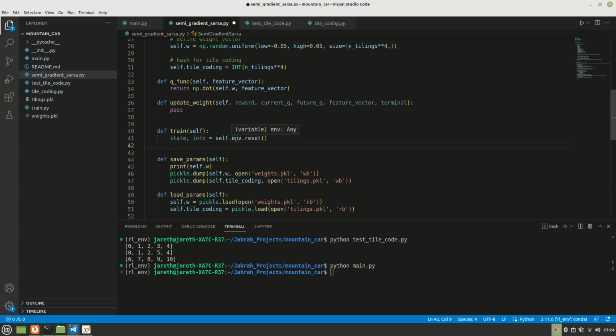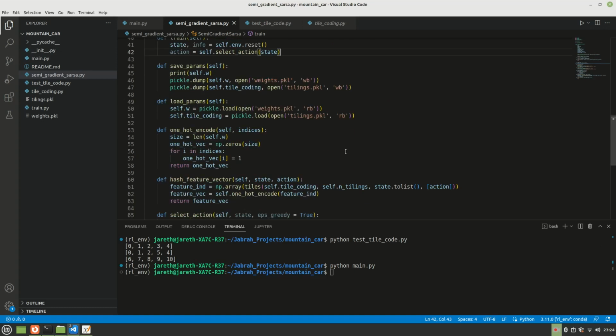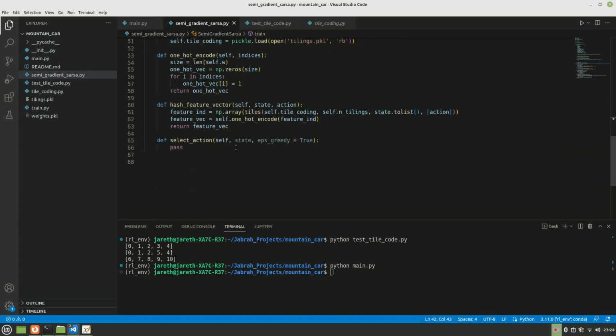an initial action. We're going to say action is equal to self. We have a function called select action, which is supposed to follow some epsilon greedy way of selecting the action, right? So now you might be thinking, okay, how are we going to be selecting action? So let's go to our select action function and actually write it. So select action has a state and it has a flag of whether we want to use epsilon greedy or not. This is just for during training. That's fine. We want to do that, but when we are doing our evaluation, we just want to take the